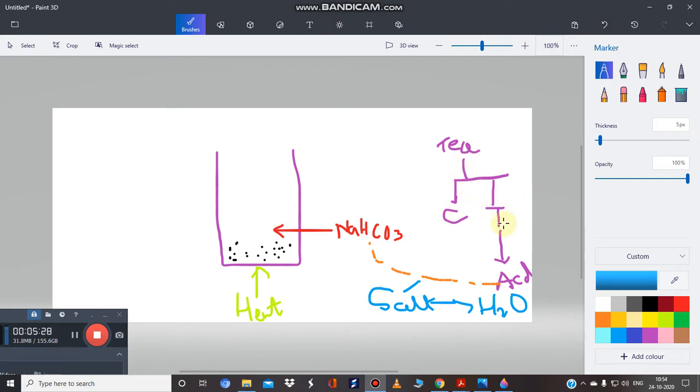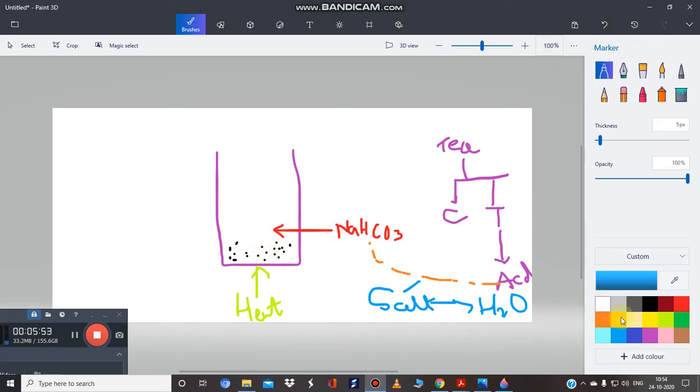So what will happen? Tannins are basically acidic substances. They are somewhat acidic in nature. And whenever you add a base to the tea, that is sodium carbonate, what will happen? This Na2CO3 combines with the acid to form a salt which has solubility in water. So at this time, the mixture contains your caffeine plus your tannin salts.